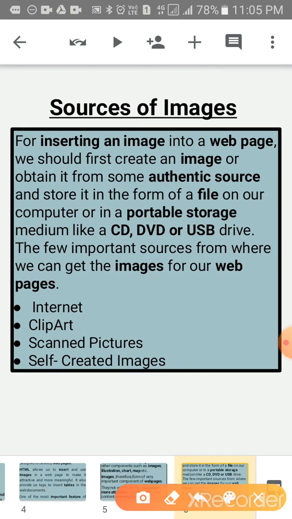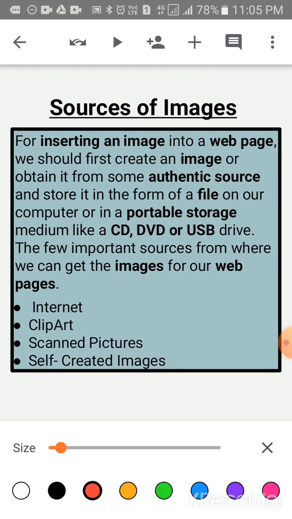Now children, come to the sources of images. For inserting an image into the web page, we should first create an image or obtain it from some authentic source and store it in the form of a file on your computer or in a portable storage medium like CD, DVD or USB drive.